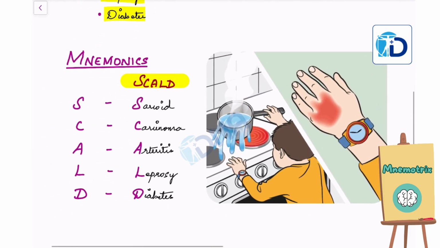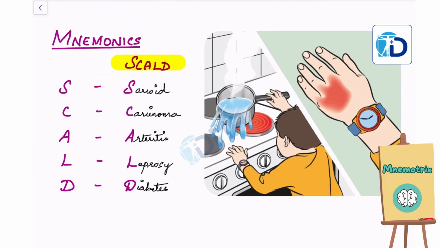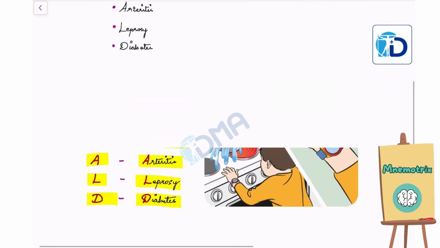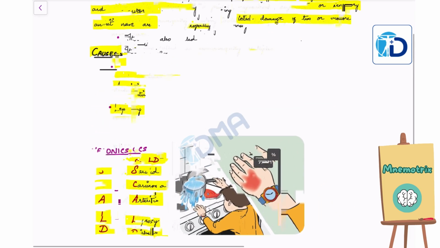So here look at the mnemonical term, it's called SCALD. By using the mnemonical term called SCALD, we can easily remember the causes of mononeuritis multiplex. So here S for sarcoid, C for carcinoma, A for arteritis, L for leprosy, and D for diabetes. So by using the mnemonical term called SCALD, we can easily remember the